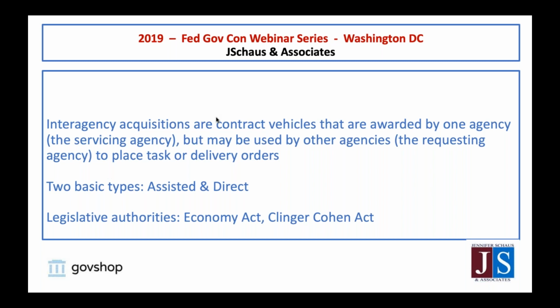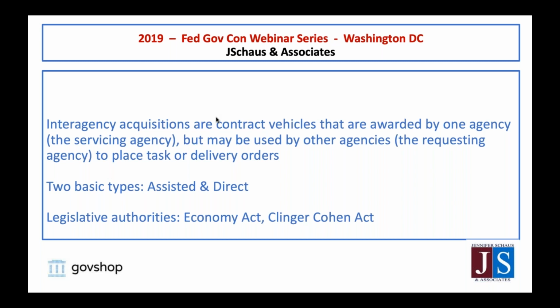There's assisted acquisition service there, where if you're an agency and you need services that are being offered and you don't have time to run the procurement yourself, you can have the servicing agency do that for you. That's more common with shared services or GWACs, but for sure, both of these types of IAs are something you want to know about. You want to know which type you're dealing with, especially if you're on the contractor side.